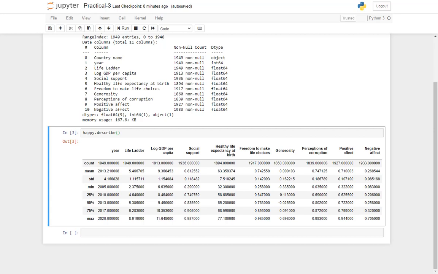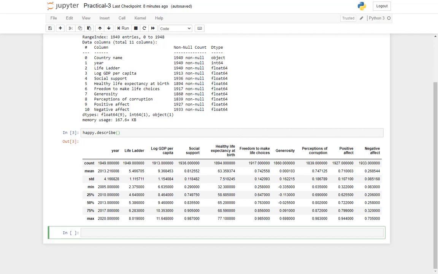This describe method is extensively used for EDA, also called exploratory data analysis, wherein you can simply have a look at the figures and at least a prior, superficial analysis can be done. And again, I'll repeat, it is a great tool for EDA, that is exploratory data analysis.